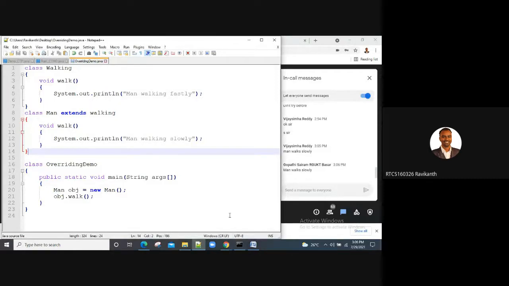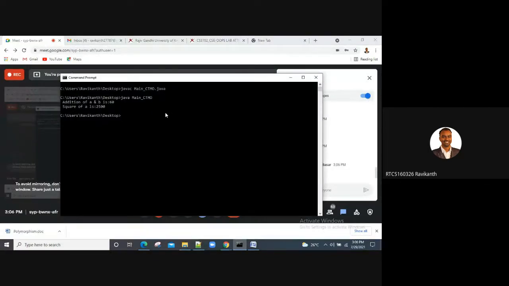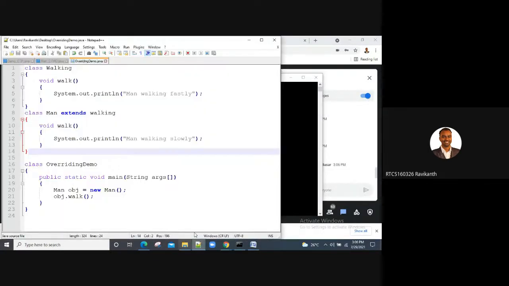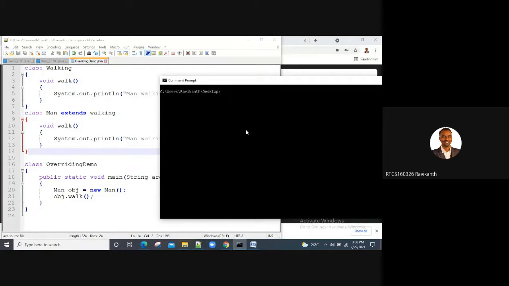You want me to compile and show you? Okay. So what is the program name here? javac overriding demo.java. Something went wrong.